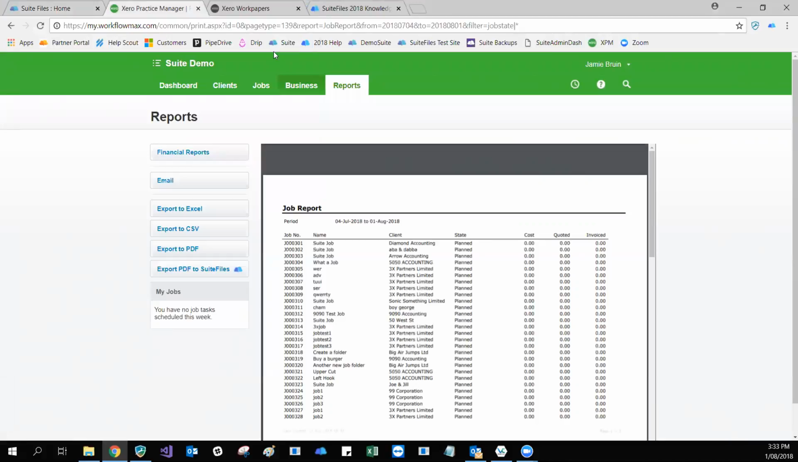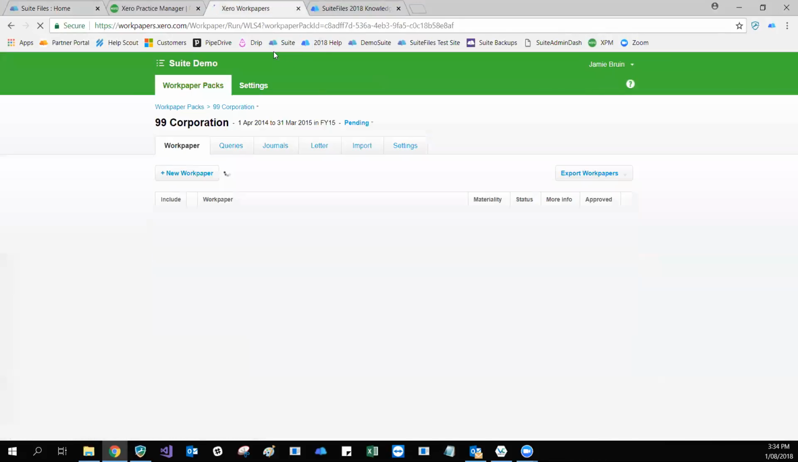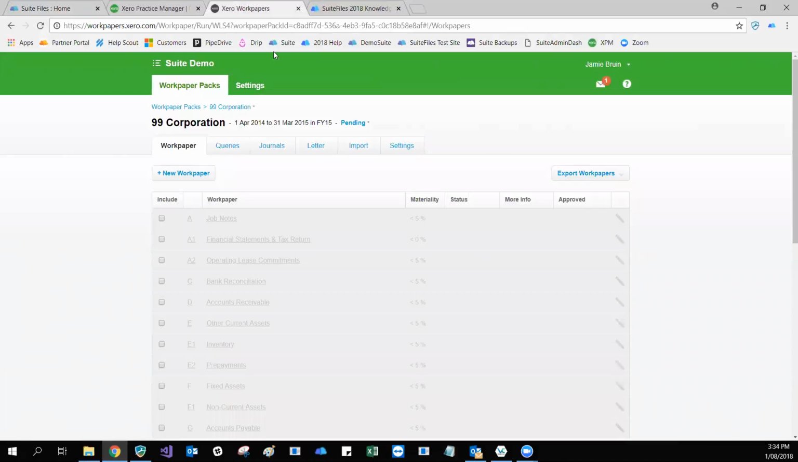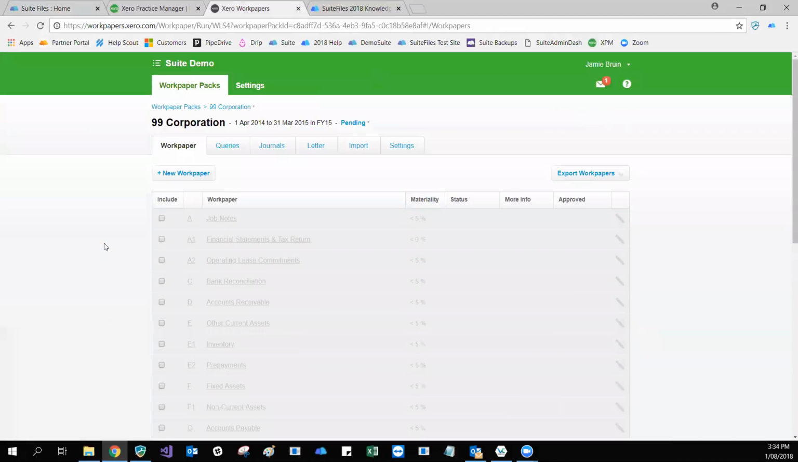Now, the other thing you can do is you can export work papers from Xero work papers into your SuiteFiles site. So if we actually go into Xero work papers here, we're going to go into a work paper pack. Now we can see we've got a number of work papers here. We want to export these work papers. We have two options to export those into our SuiteFiles site. So the first one is to export them as a PDF file, and the second option is to export them